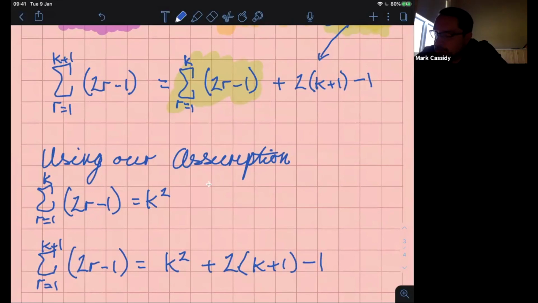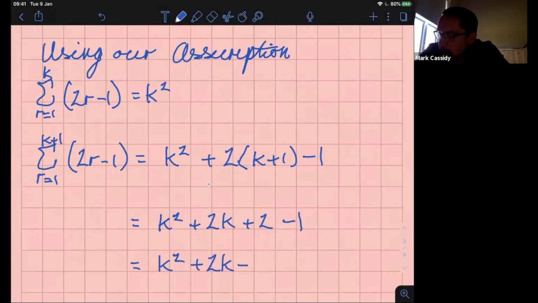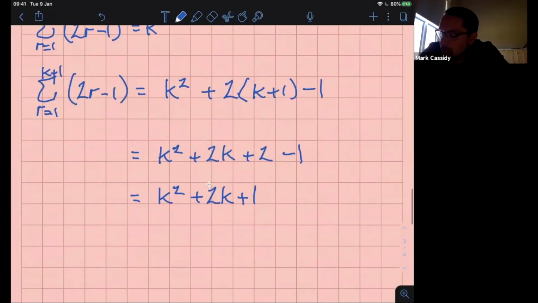All right, so I've used my assumption, and that then is equal to k squared plus 2k plus 2 minus 1, which is equal to k squared plus 2k plus 1, which is equal to k plus 1